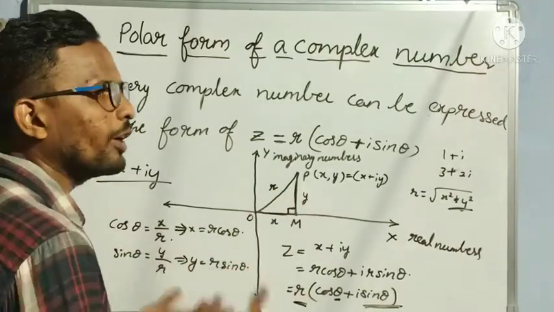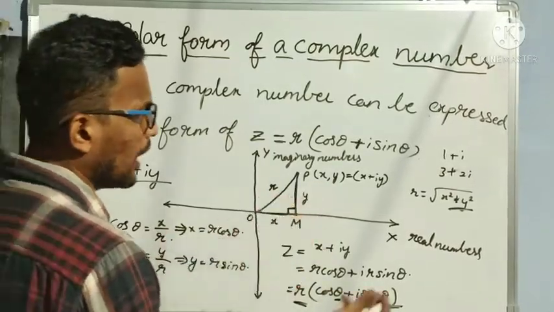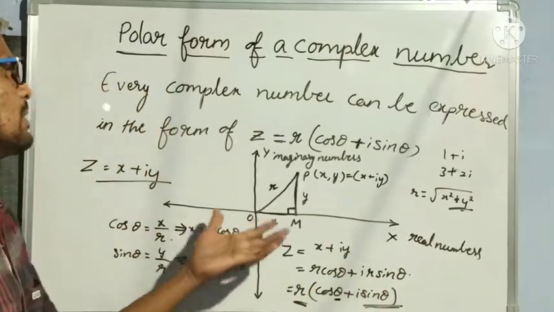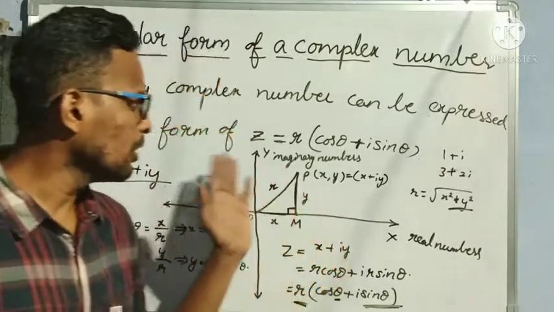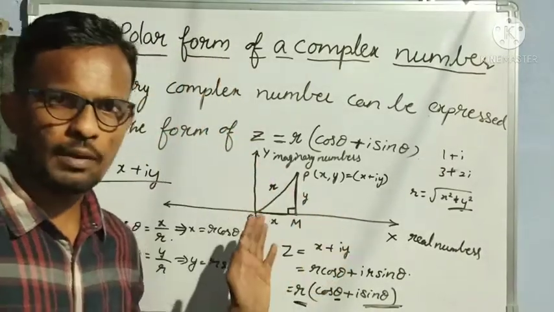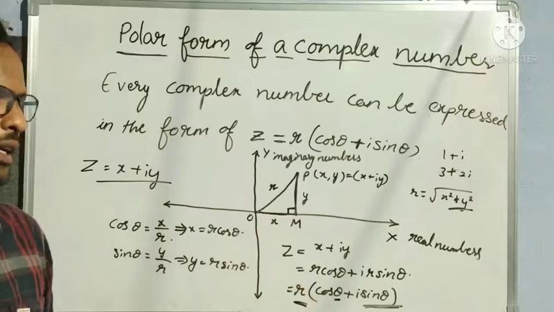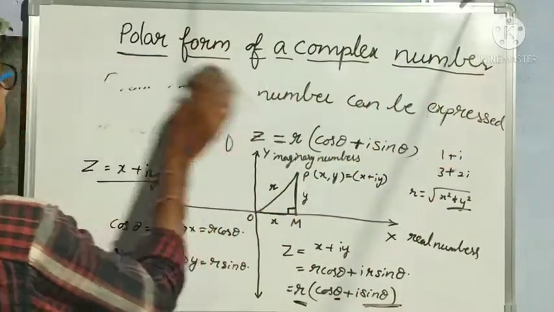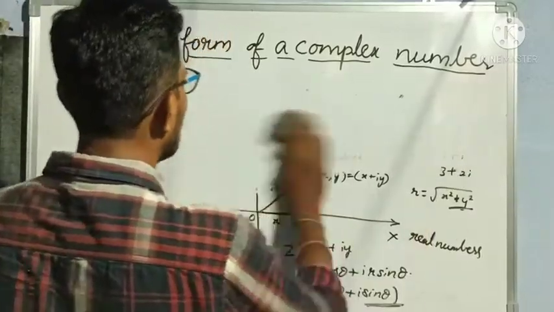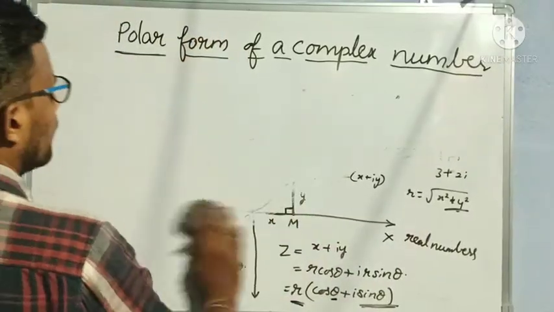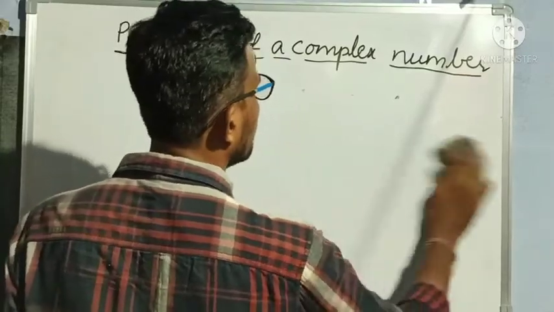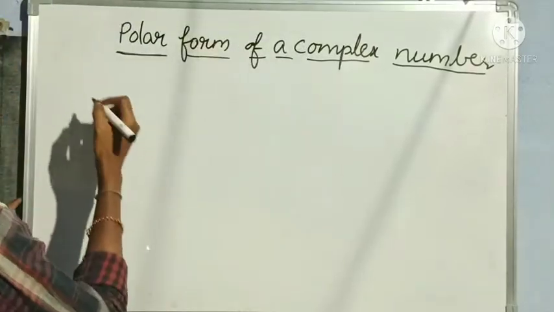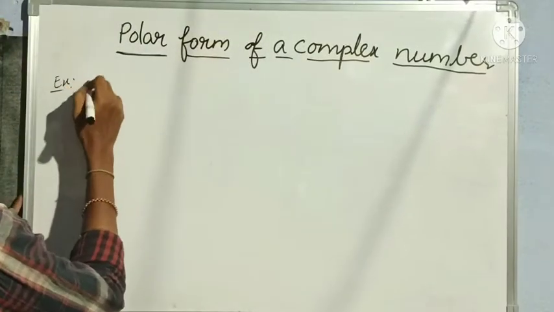So no need to find out formula again. So theta is equal to tan inverse of, again no need to write all formula and find out. Understood? So when it is there in polar form, directly we can find out modulus and argument of a complex number very easily. Okay, so let us see how to find out now with an example. I hope everybody understood. Now let us see examples how to find out modulus and argument along with conjugate of complex number in polar form.